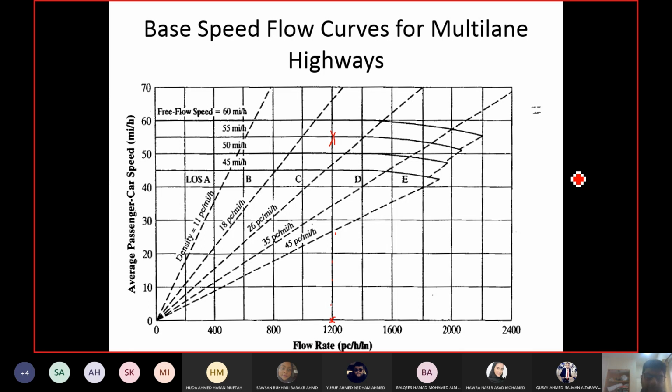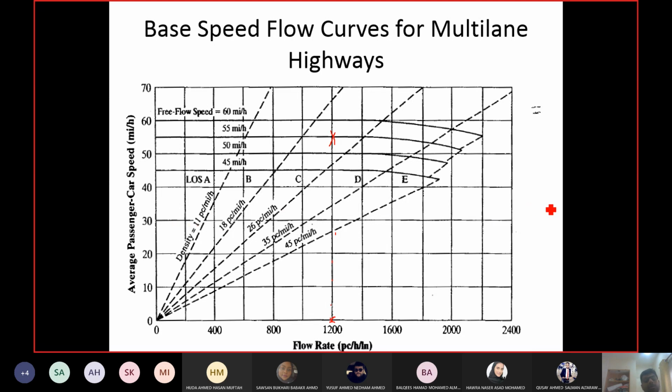Okay. Again, how the level of service is mentioned here is using the densities. Level of service is related to density. If you know the density for freeways or multi-lane highways, you can find out the level of service. So I will show you in the coming slides the ranges of density for each level of service. And I already told you, if you know density, then you take the inverse, you have the slope of this graph. If you take the inverse of density, this will give you the slope of a line on this graph. So what they have done, they have taken those ranges. So for example, the range for A is from 0 to 11 passenger cars per mile per lane. The range of density for level of service A is from 0 to 11.